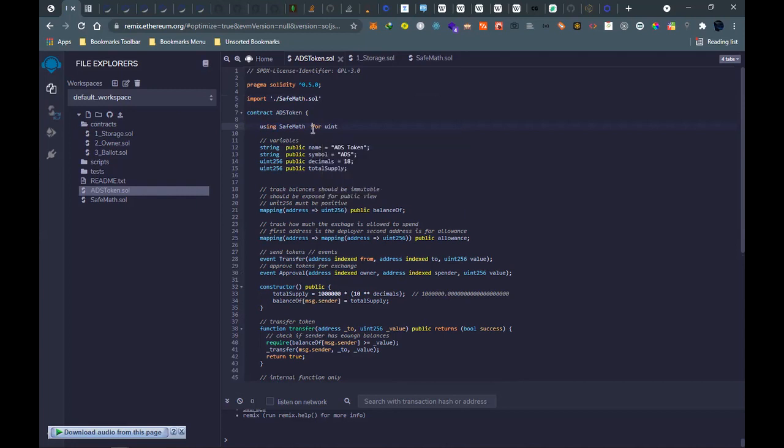So this one will work for numbers and not for strings. It will work for unsigned integers only.